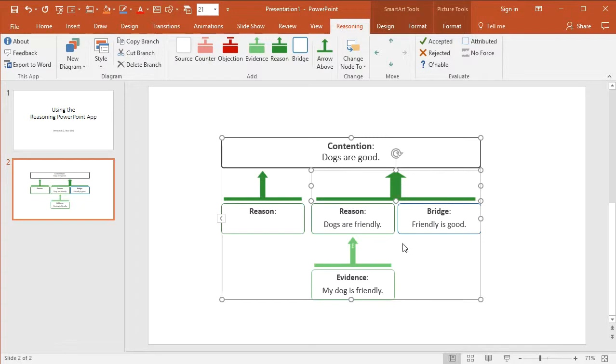Another feature here is I can add an evaluative overlay. So if my dog is friendly is according to me true, I can just simply give that a tick. For the moment, for purposes of argument, I'll say friendly is good is questionable, and indicate that the inference from these premises to the contention has no force. Okay, well there are other things there, but for the moment that is